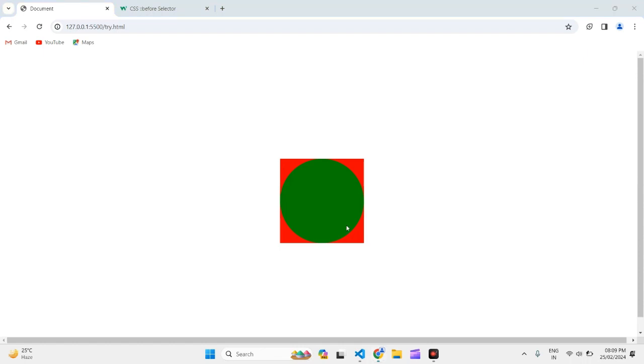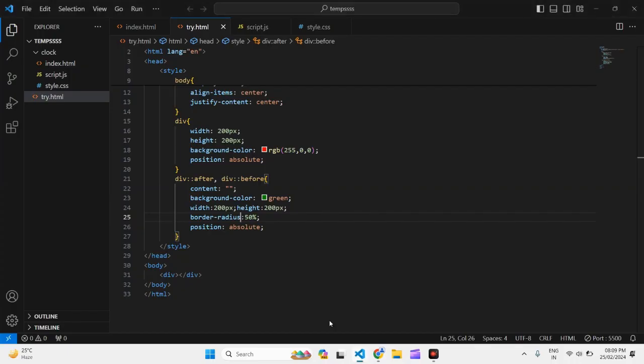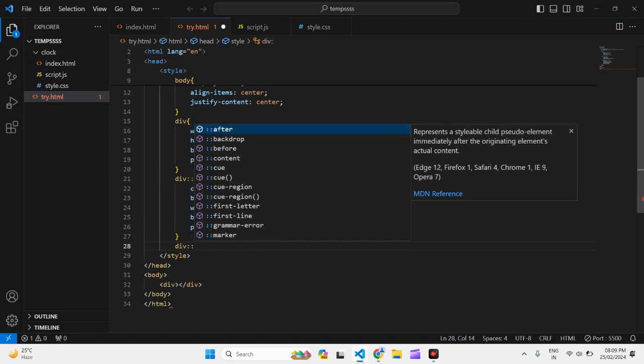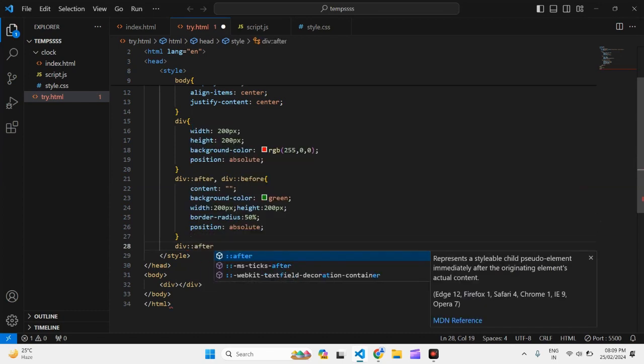Now what I want is, I want half of the first circle to go out right from the div and half of the second circle to go out top from the div. Let's see how we can do it. Div, selecting the after element